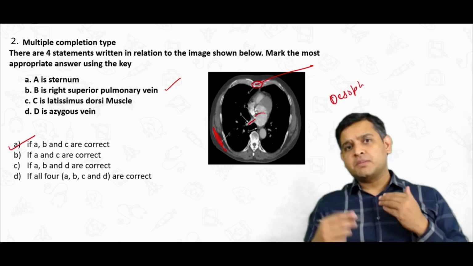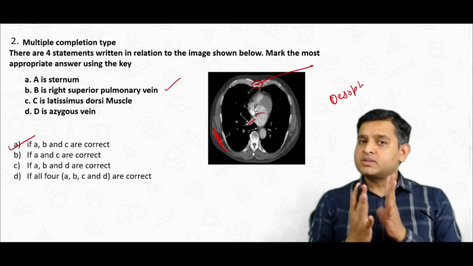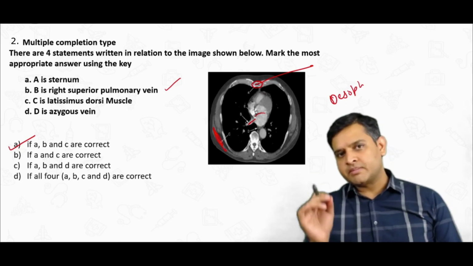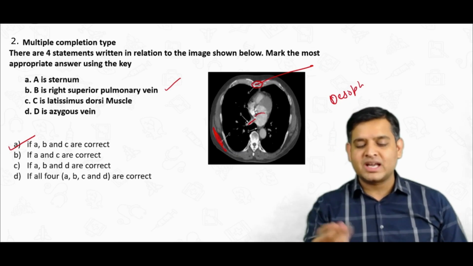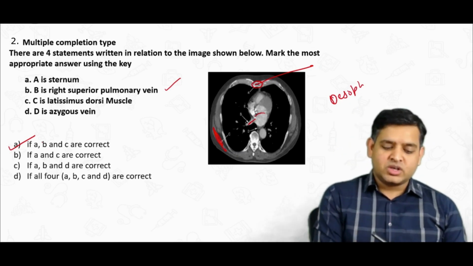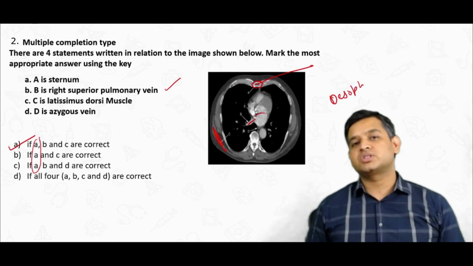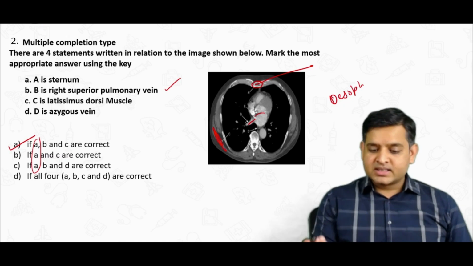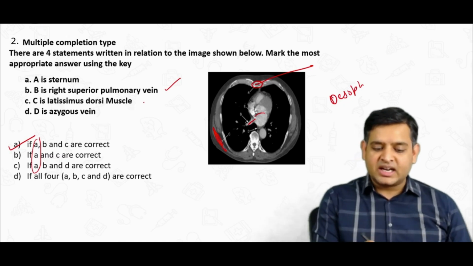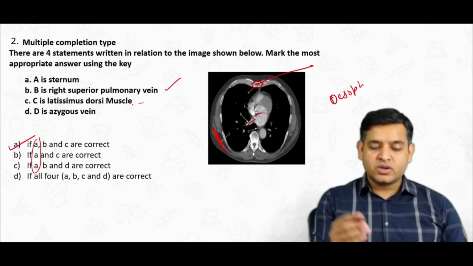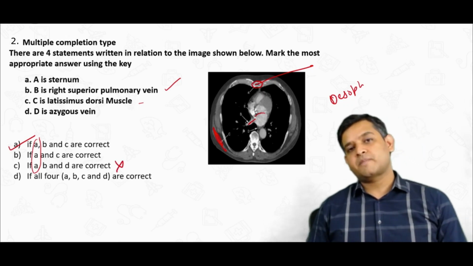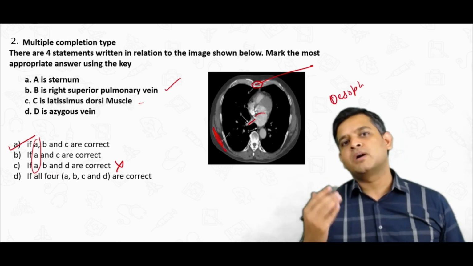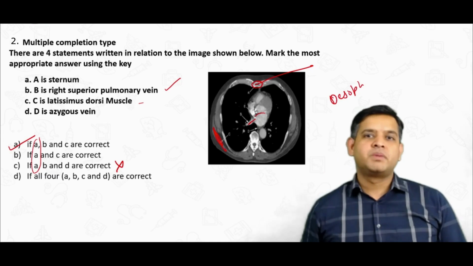When these multiple completion type questions are there, sometimes just by reading the choices you can figure out what the examiner is trying to ask, because some are very obvious, like A. But A is not deciding the answer because A is there in all the options. Similarly, you can pick up by looking at C. C is the latissimus dorsi muscle, so C is definitely correct. So if C is correct, you know this cannot be the answer. Using these permutations and combinations, sometimes you will be able to pick a better answer, even if you are confused between one choice.